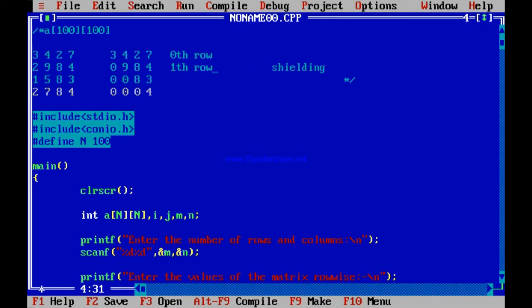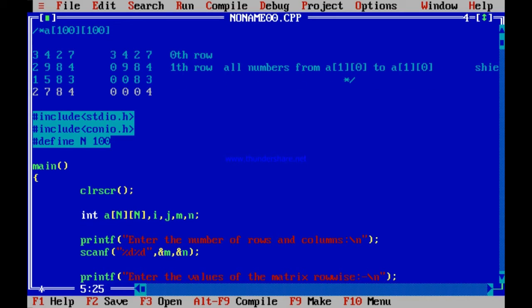In the 1st row, what has happened? All numbers from A10, which one is A10? This one is A10. From A10 to A10 itself. A11 is not converted.